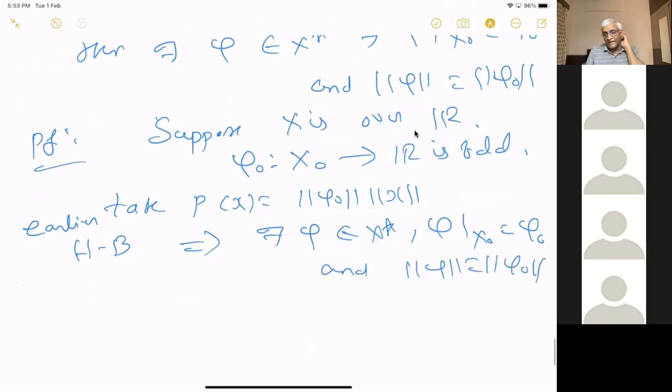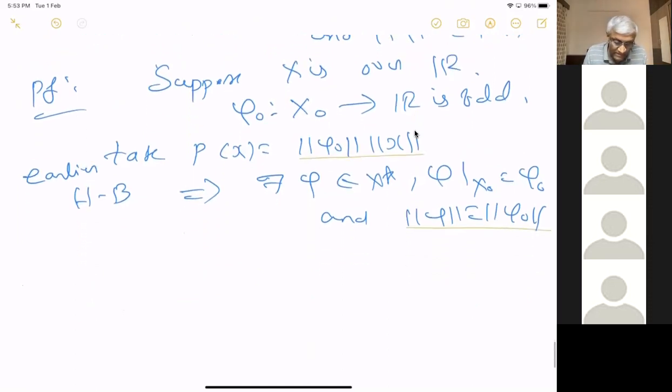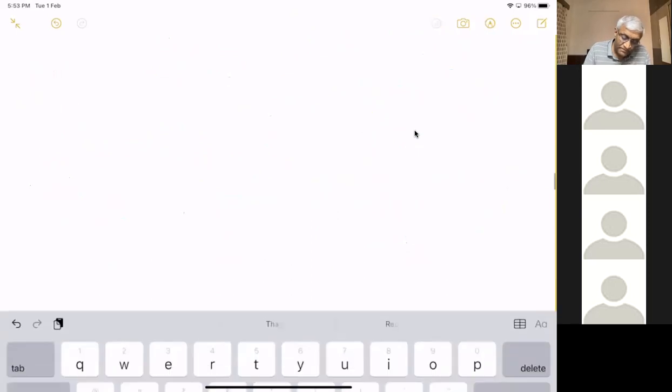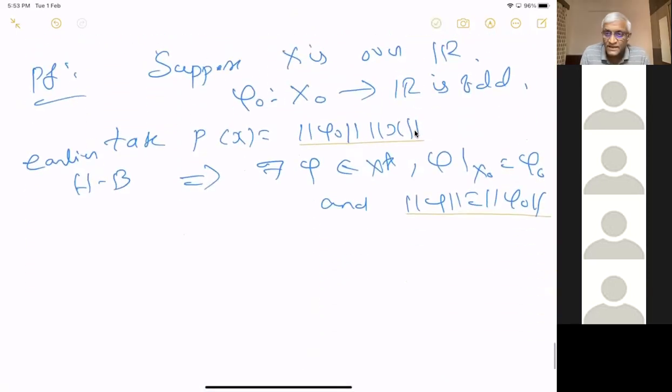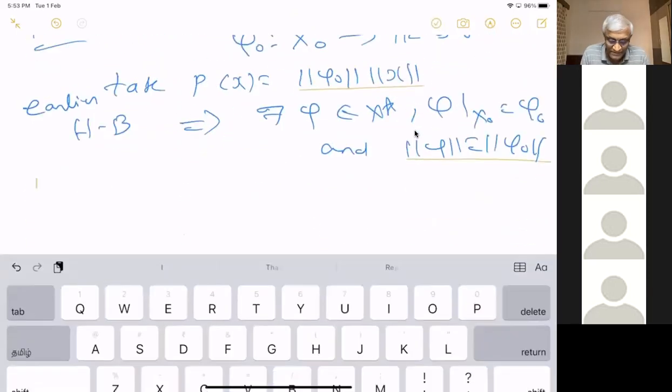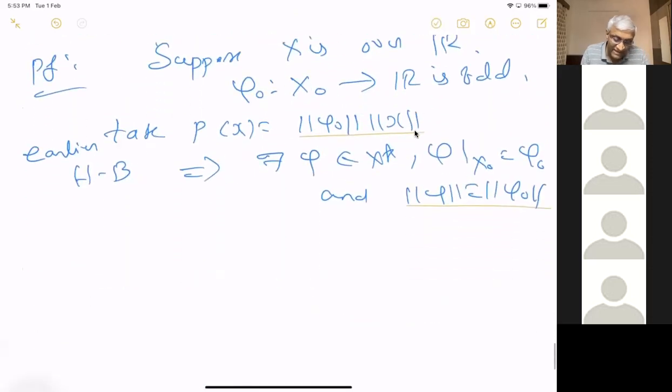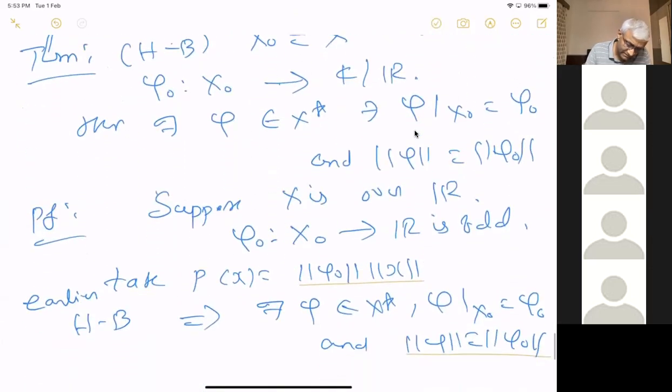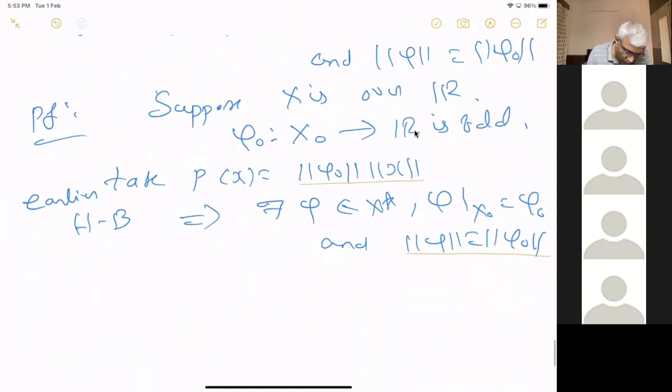It will be dominated by the Minkowski functional, and that precisely means that is the norm. It's not immediately clear. So the point is, if you want to prove that some number is the norm of something,